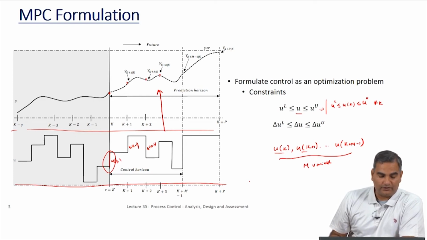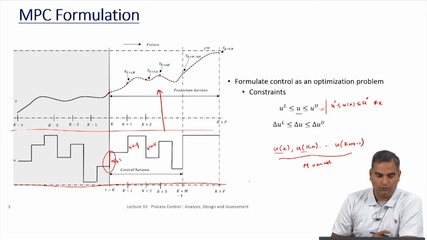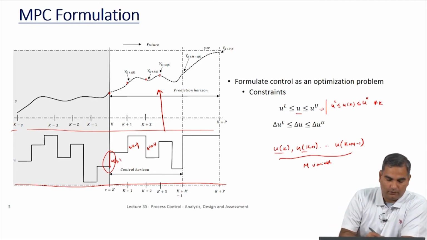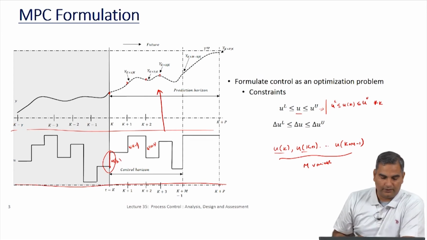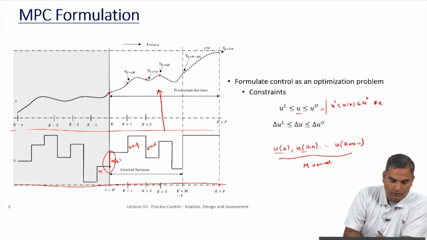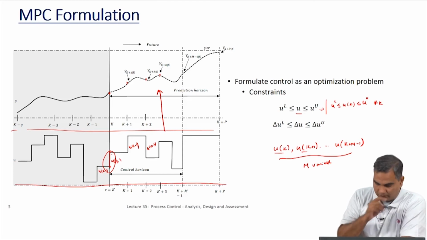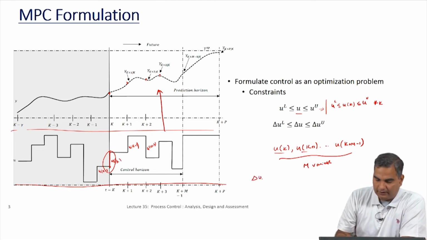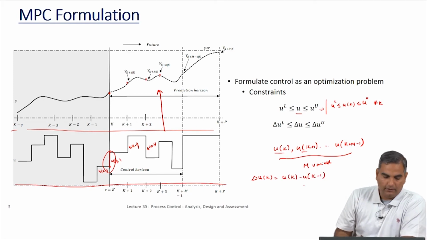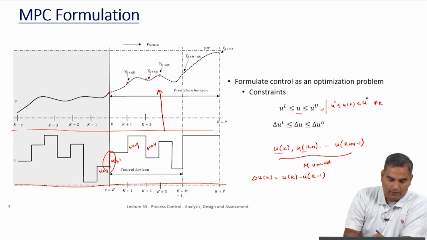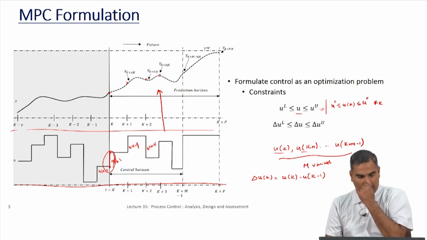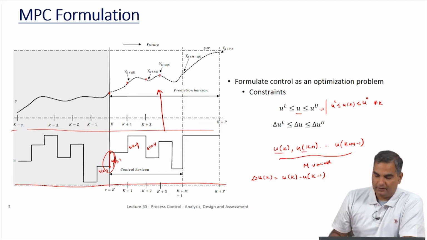The other type of constraint is at a particular time, how much can I move this u by. So, if I am here, and if I move this here, the difference is this point was u of k minus 1, this point is u of k. So, if I define a delta u at k as u k minus u k minus 1, this is where I was at, and once I get a u k I come here. So, the delta difference is this u k minus 1. Then what